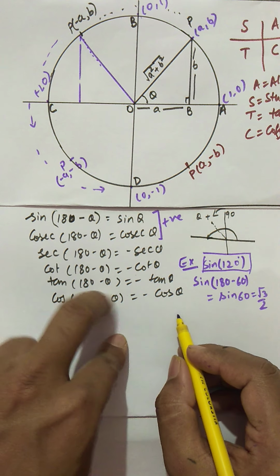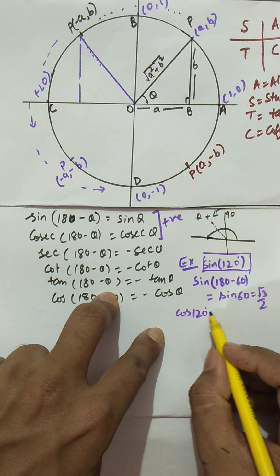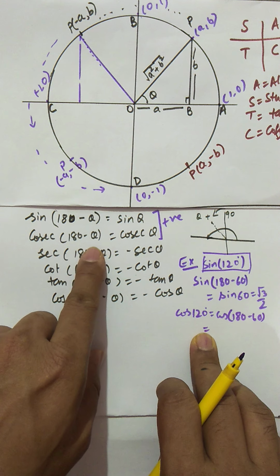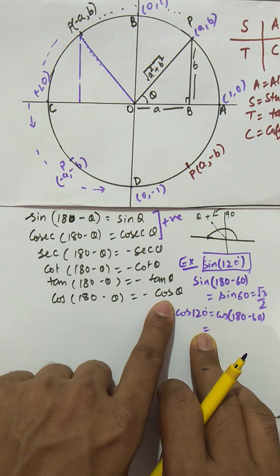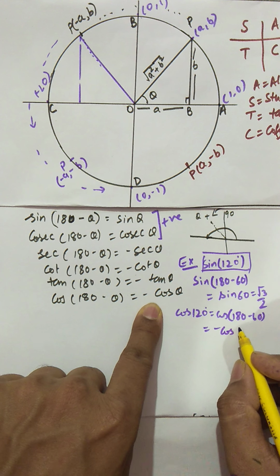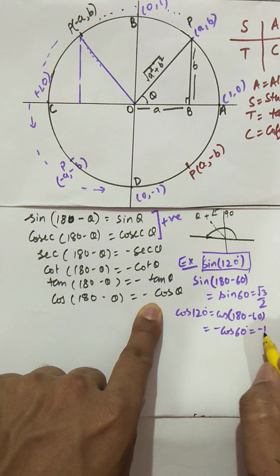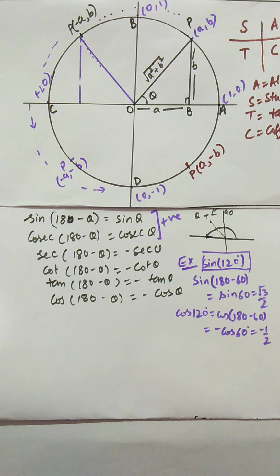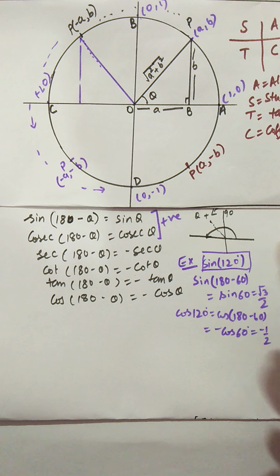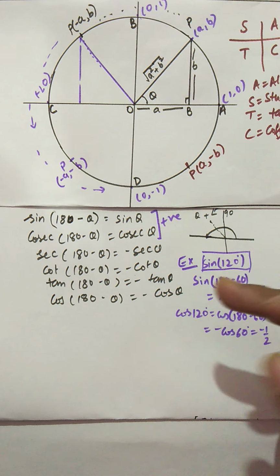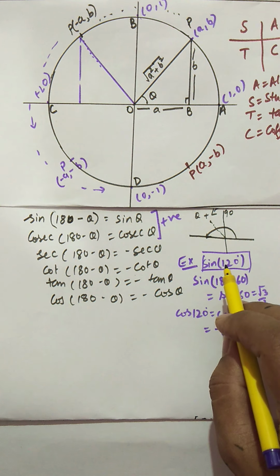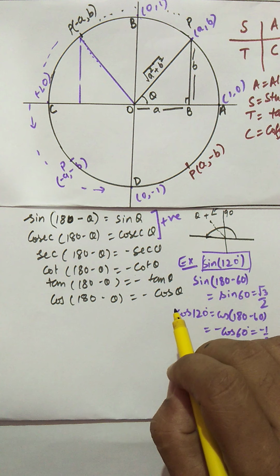But what happens when I calculate cos 120 degree? You can write 180 minus 60, but you know this rule that if theta is an acute angle, then cos 180 minus theta will be minus cos theta. So you will write minus cos 60 degree, and this value is going to be minus 1 by 2. So this way we calculate the angles which are more than 90 degrees. Up to 90 degrees we have done till class 10th, but above 90 we use this way. We can use another way also, like we can write 120 as 90 plus 30 degree.